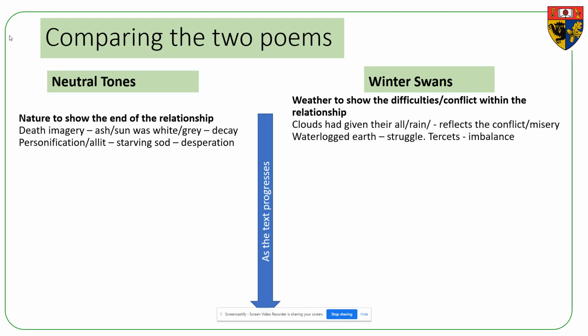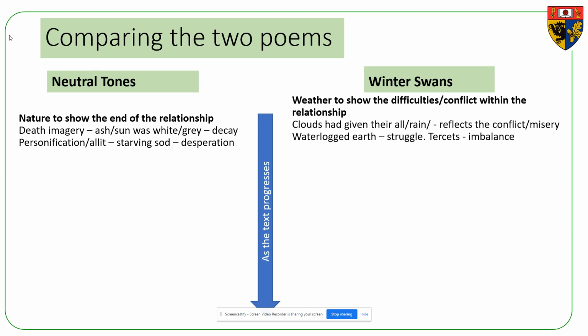And actually that's sort of reflected as well in the structure. So Shears uses what we call tercets, which are 3-line stanzas. And 3-line stanzas are always used to reflect an imbalance, like there's something not quite right, something moving them or keeping them out of balance with each other, like there's something coming in between them even, perhaps. So he uses tercets to reflect that, and it links in with the waterlogged earth and the clouds